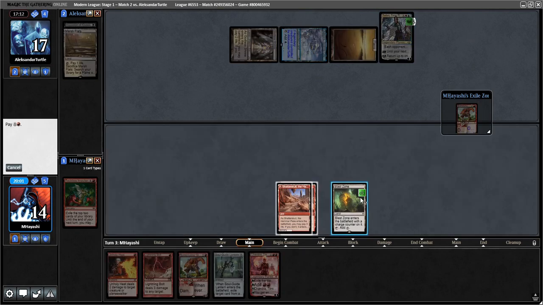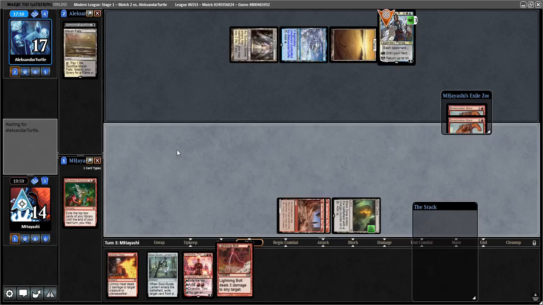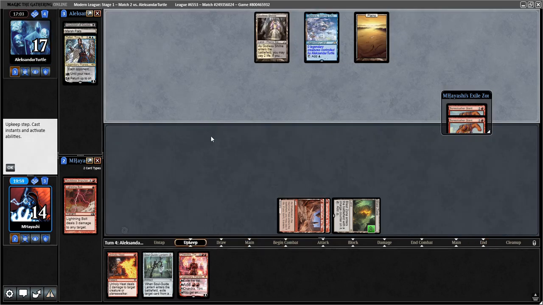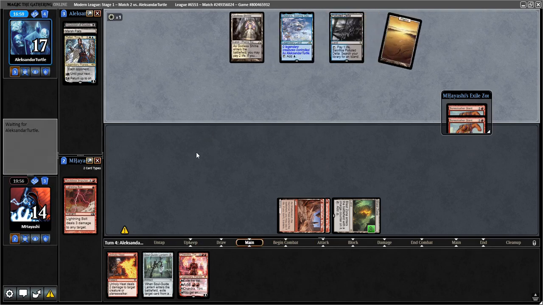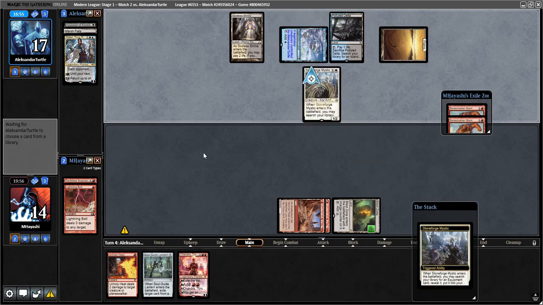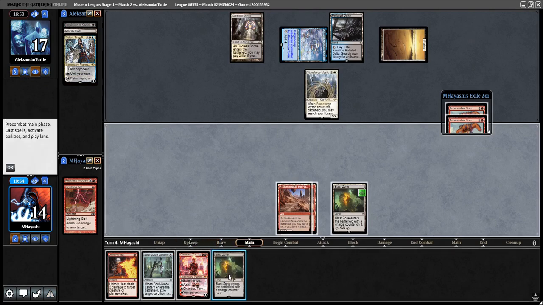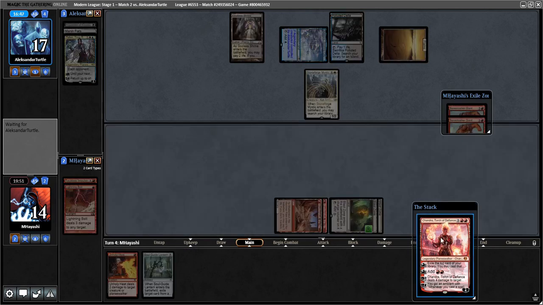I think I'm going to do this here. So I can't draw a card, and also I have both Bonecrushers out of my hand now. Shatterskull, hey. Shatterskull Smashing. Well, let's try it. If this doesn't resolve, we're in deep, deep, deep trouble, but if it does...